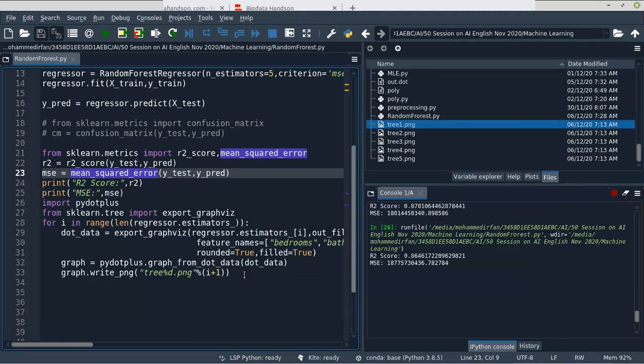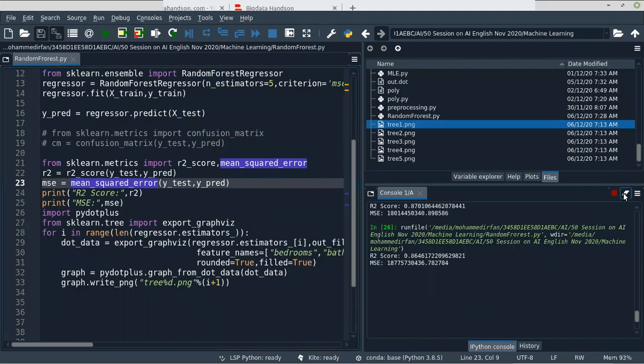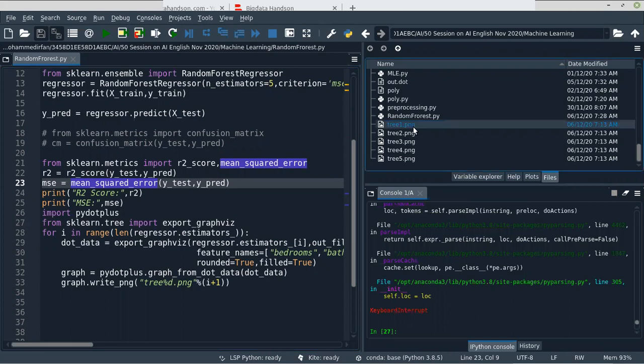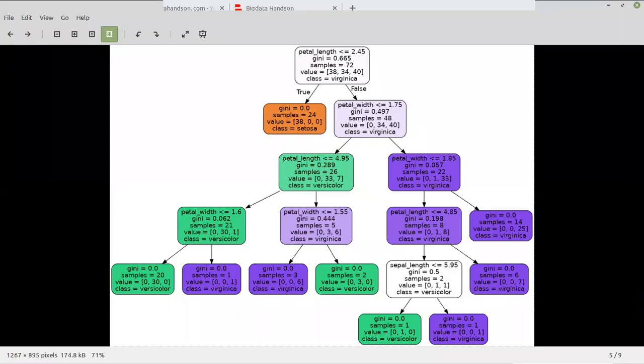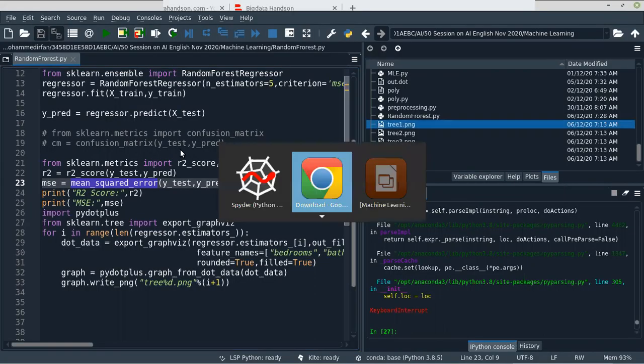I think it's a big tree, that's why it's taking a long time. Okay, no problem.